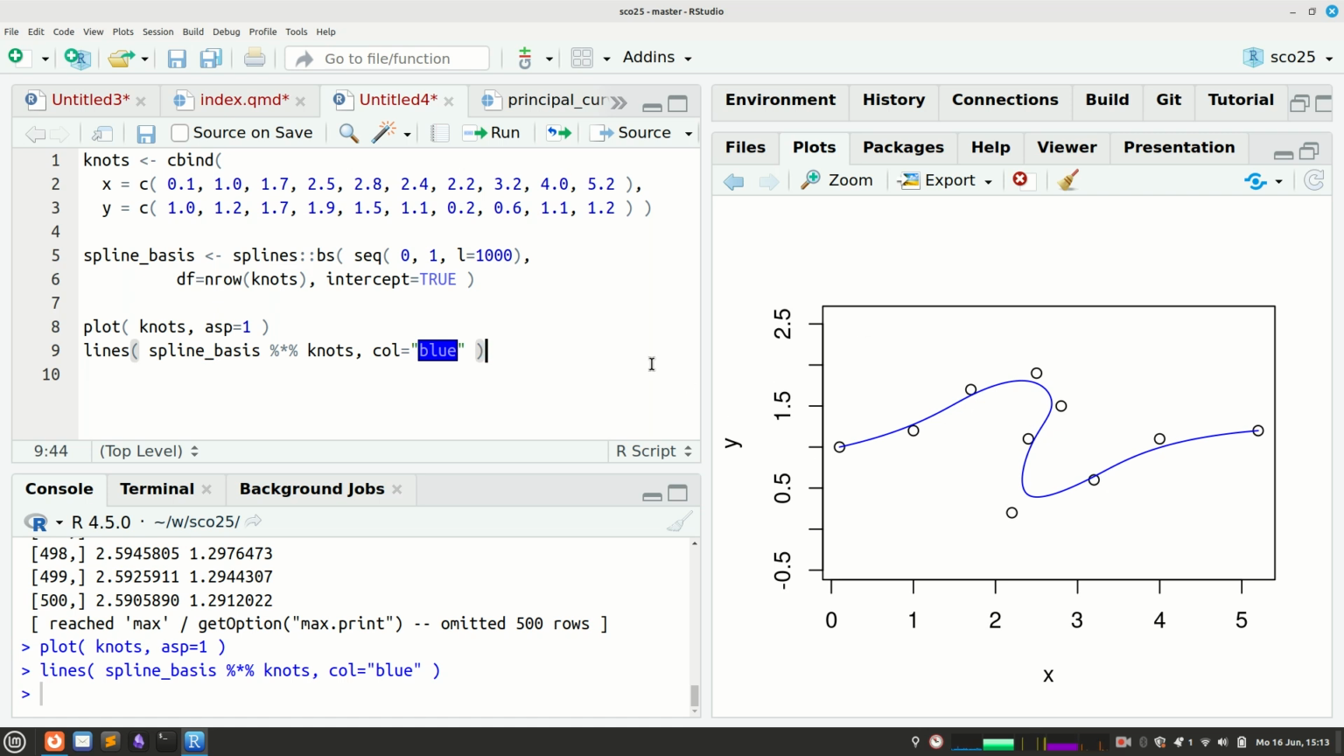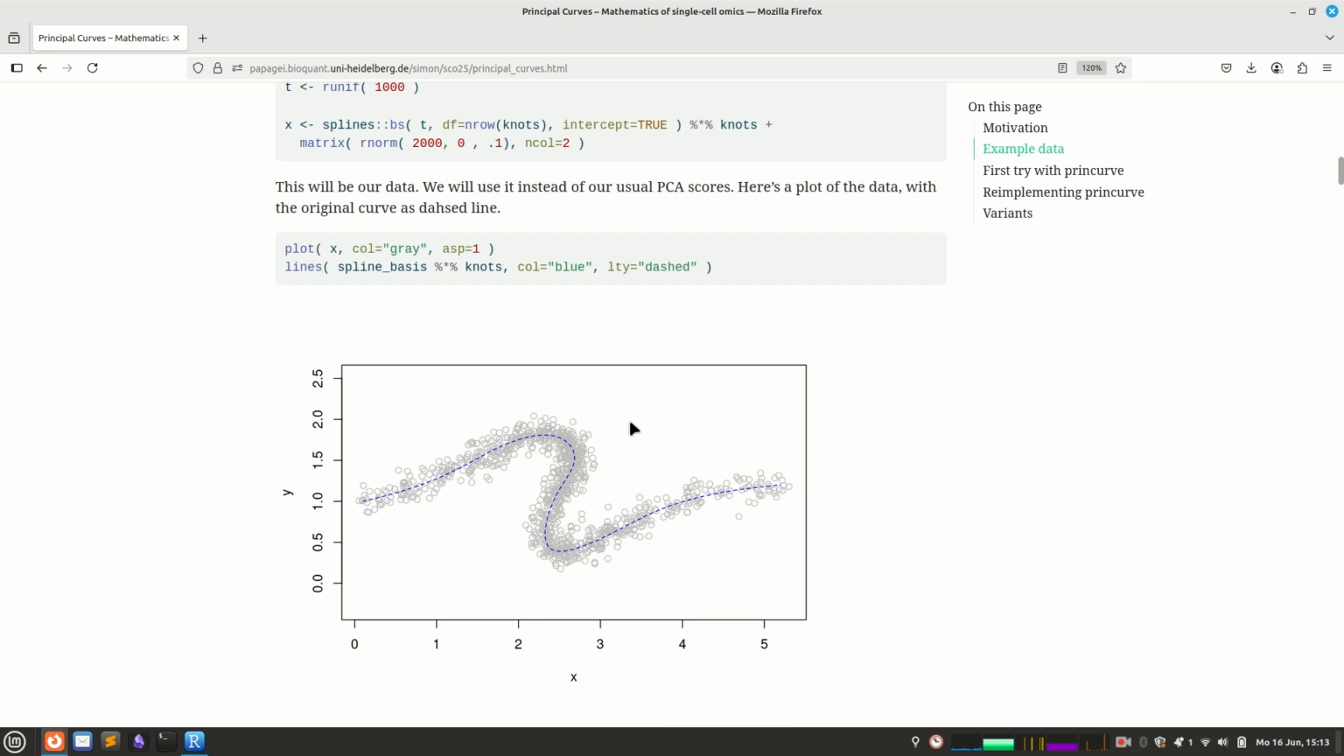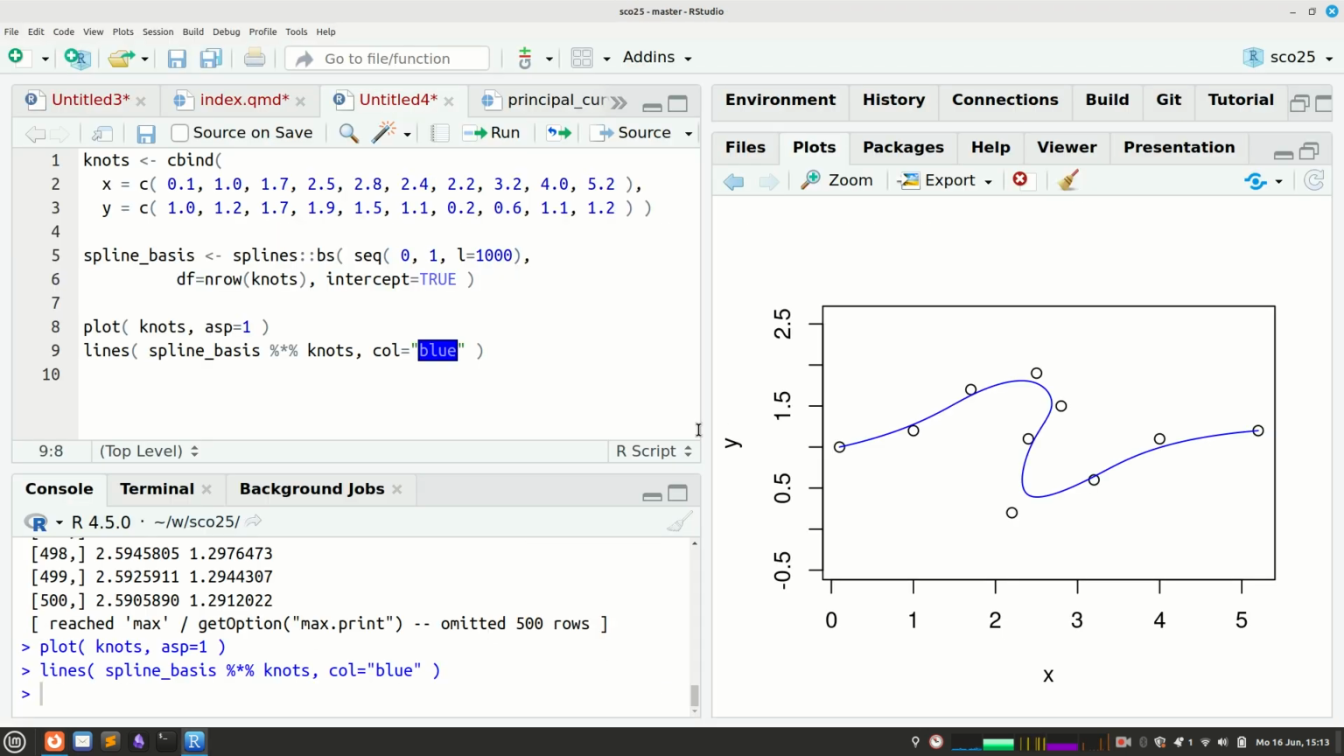So, what I now want to do next is take all these points which I have here, and I want to make noisy data like these ones here, like these gray points. And the way I would do that is that I again take my spline basis, like here, but